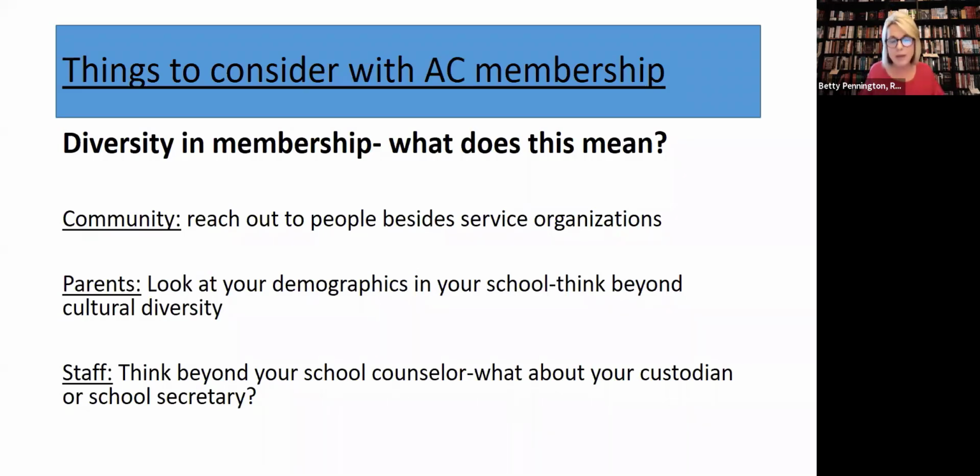One of the things I want to talk about with community is picking that community partner that might be helpful, might be a win-win situation. You might want to have that bank person come in and do a budgeting class for you. One of the bank employees came in our school, and every Wednesday, students were allowed to bring their coins that they had saved up to the office where a bank employee was starting savings accounts for those students. A lot of our parents in our school really didn't have savings accounts. So working with that bank employee as a member of our advisory council, he brought in really cool programs. We thought that was very successful.